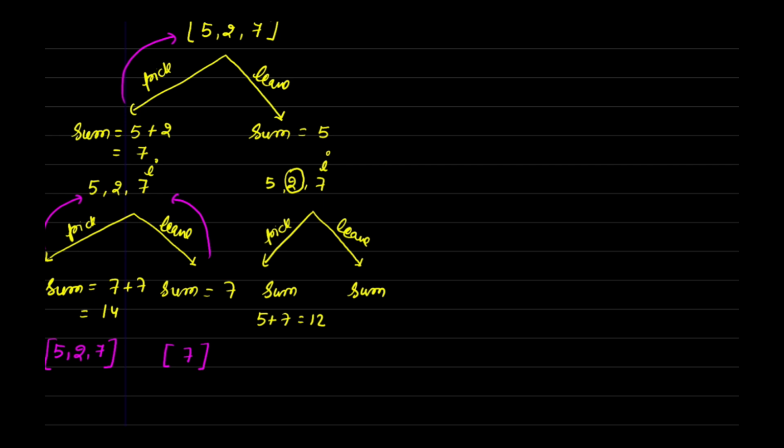Here, as we are leaving 7, the sum will be 5 only, and my subset at the last will be 5 and 7,